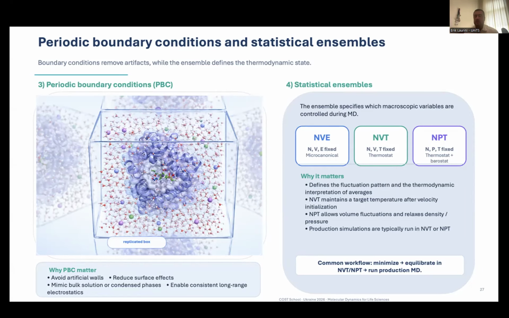Here I put the most common statistical ensembles that you can define: NVE, NVT, and NPT. This is quite more specific with respect to the other information. So if you want more clarification, I will be happy to give you more clarification about that